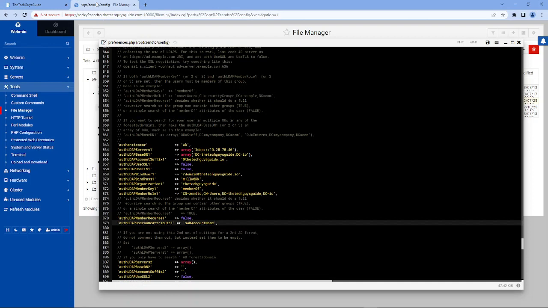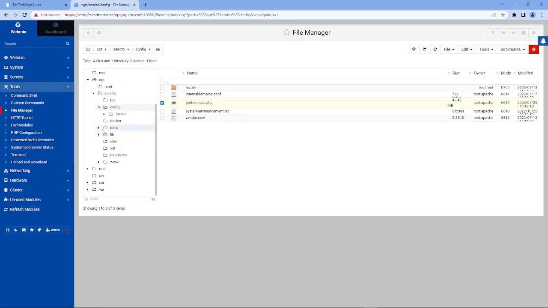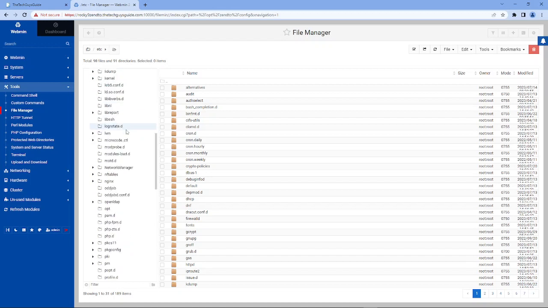Now, let's talk about LDAPS. So LDAPS, from ZendTo's perspective, we add the server as an S. Now, I know my server already has the LDAPS certificate services installed. So unfortunately, it's not just adding an S here. We do need to configure the Open LDAP, which is installed natively by Rocky Linux, to